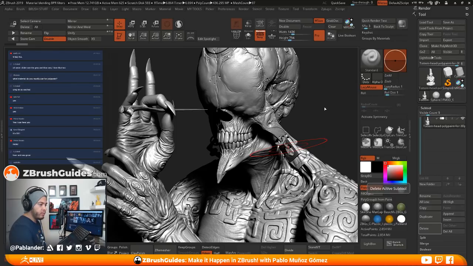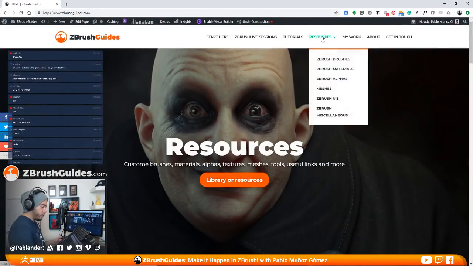What material do you mostly use for polypaint? For polypaint, I use a custom material which you can find in the ZBrush guides, called the Albedo Paint, or Albedo. I don't remember exactly what the name is. I'll show you where you can get it. It is just a simple material based on the skin shade, tweaked a bit so that it doesn't have much material information, and you can concentrate on the texture and the color. So if you go to ZBrush guides, then resources, and ZBrush materials,